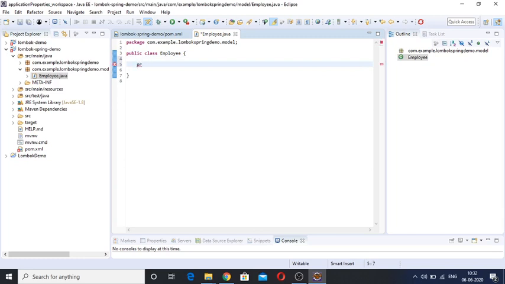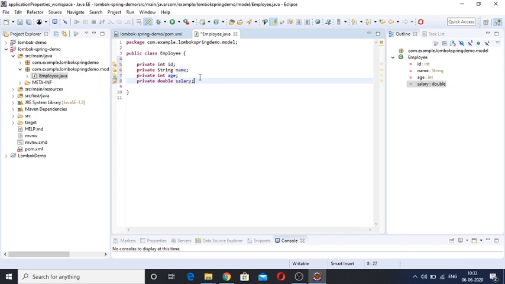I'll keep private int id as one attribute, name as the second attribute, age as the third attribute, and the fourth attribute I'll keep as the salary of this employee.